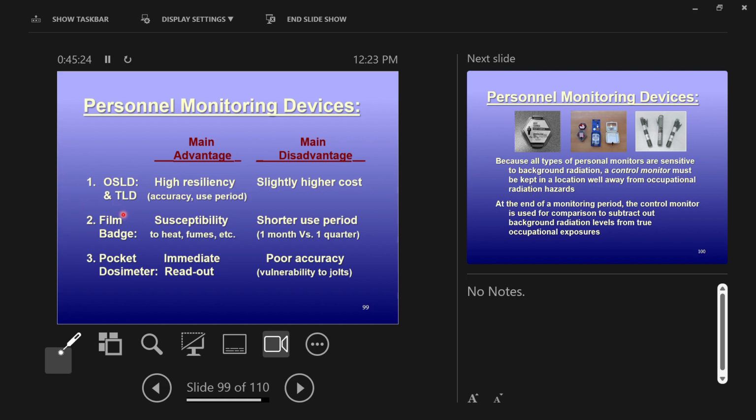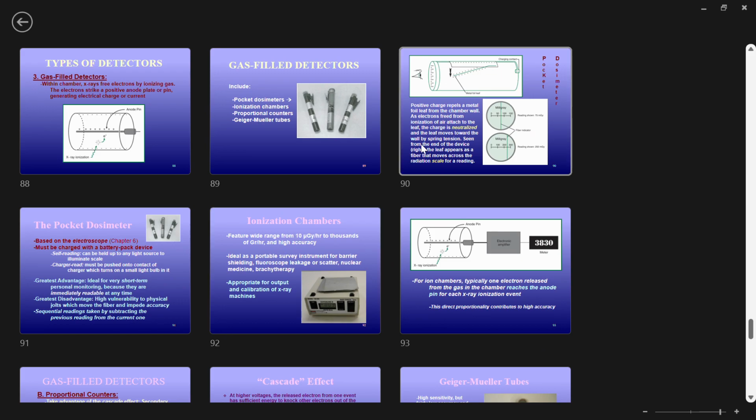Pocket dosimeters, the advantage is immediate readout. You get to know right now if you're being exposed to radiation. The disadvantage is they're not very accurate, right? Let's go back briefly and you can see exactly how not accurate they are, right? Remember,